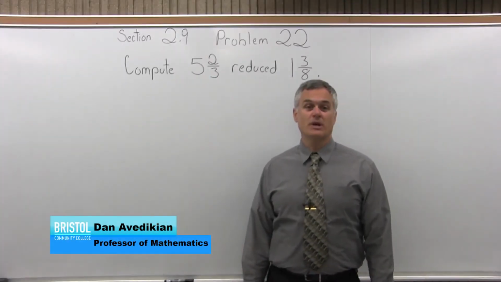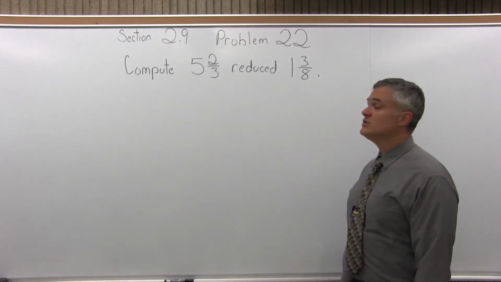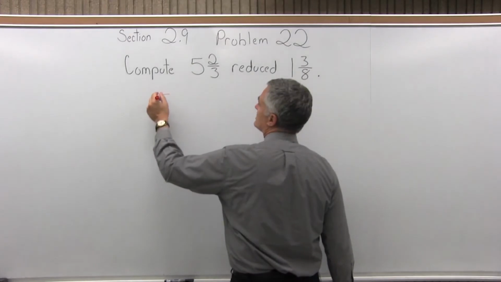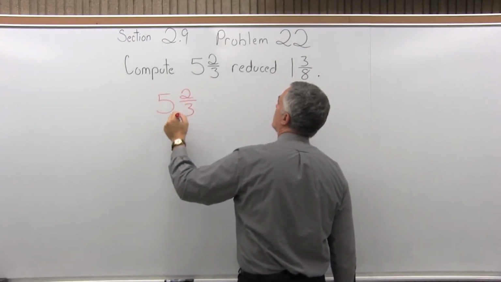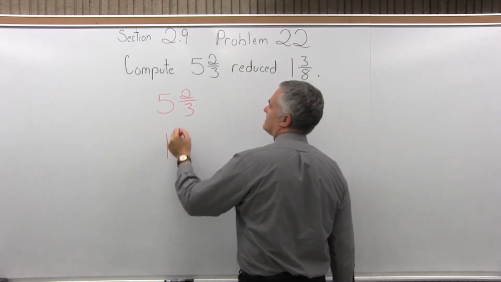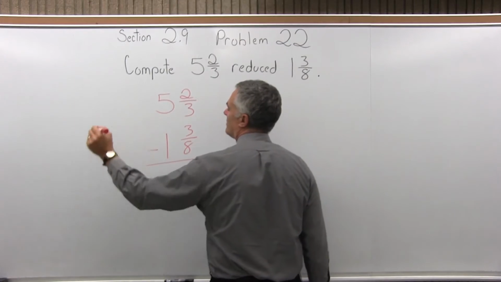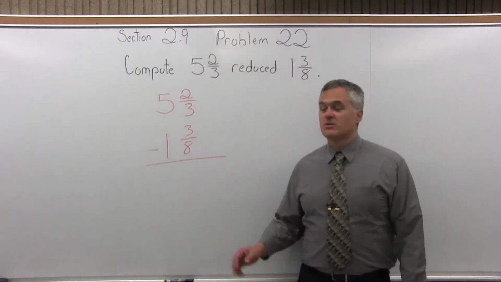This is Section 2.9, Problem 22. It says compute 5 2/3 reduced by 1 3/8. Well, when you say reduce, it will be a subtraction problem. And I like the vertical format of the problem, so I'll do 5 2/3 underneath 1 3/8, and I'll make it a subtraction. So now, in order to subtract numbers like this, what I have to do is find the